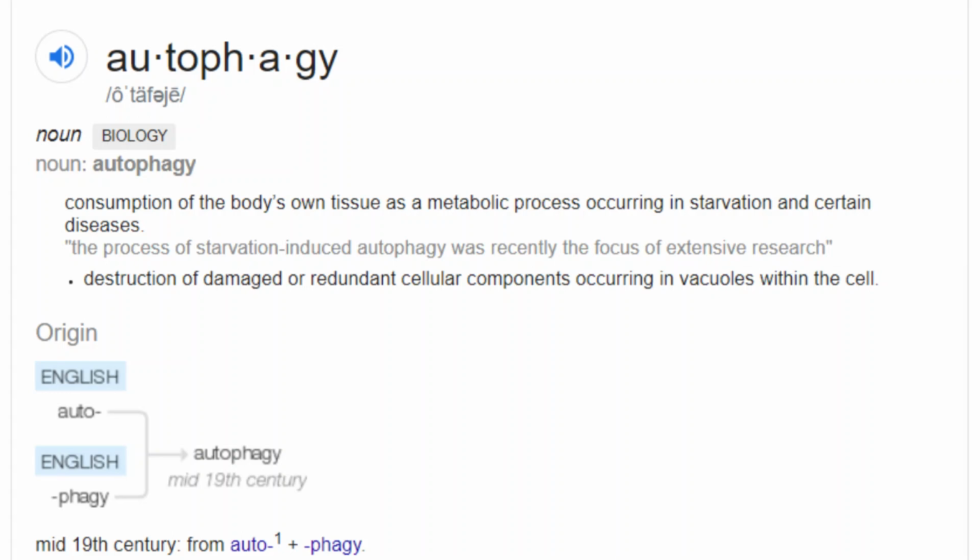The way I kickstart ketosis was through the fasting mimicking diet. The fasting mimicking diet is a 5-day fast that severely restricts your calories. So you're eating only 40 to 50% of your regular calorie intake. And a calorie restriction like that also helps kickstart ketosis, and it promotes autophagy. In some cases, doing